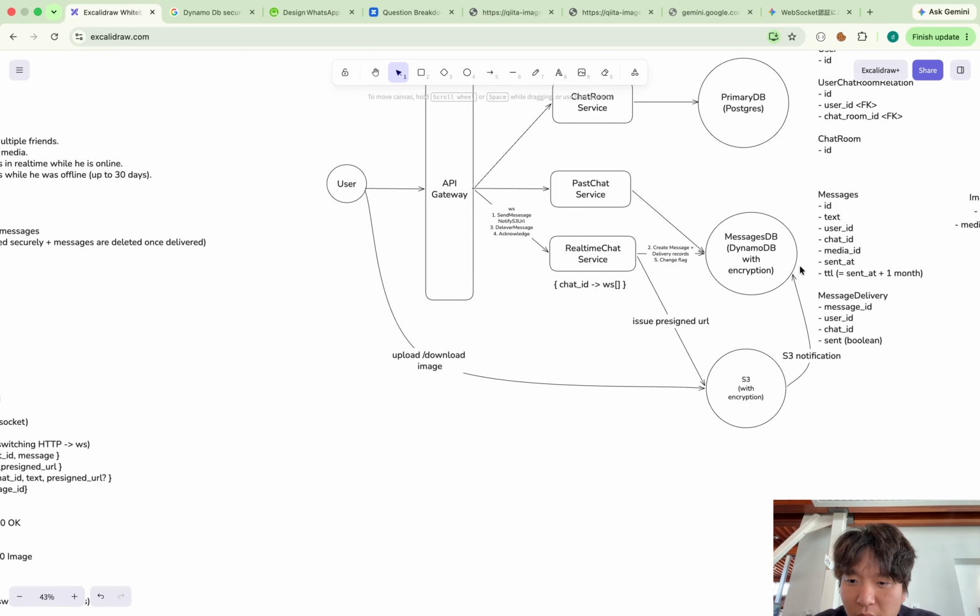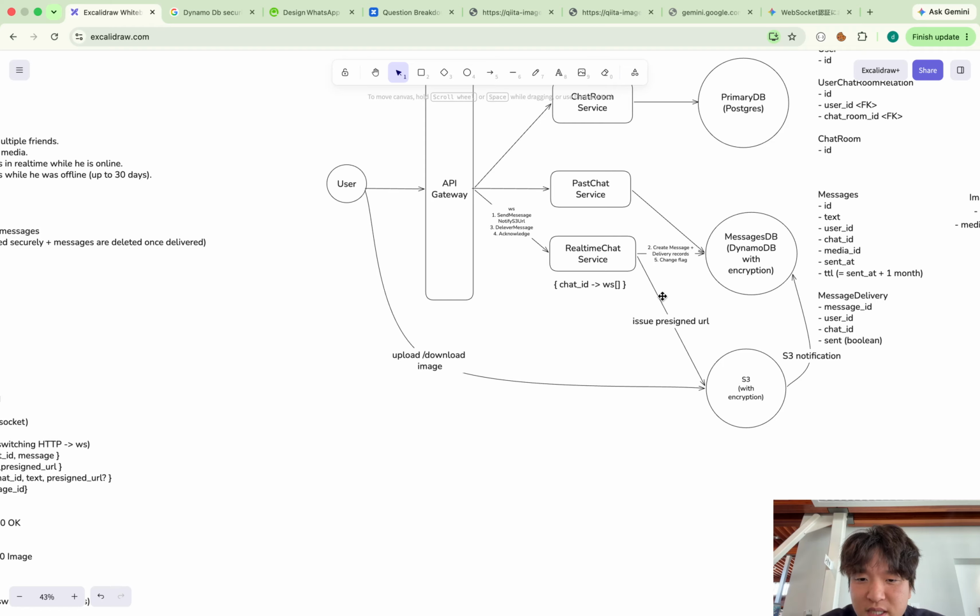But one more thing, DynamoDB has a limitation on the transaction of records. I think it was 100. Which means that when the chat service creates one message record, it can create up to 99 message delivery records, so the number of users in the same chat room is limited to 99.